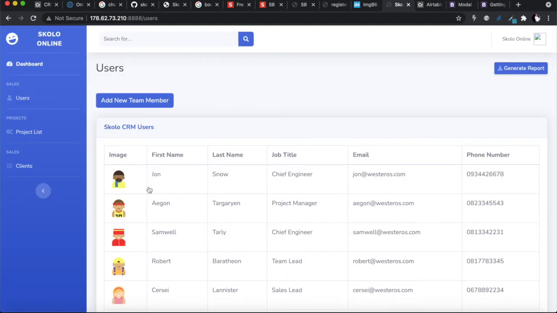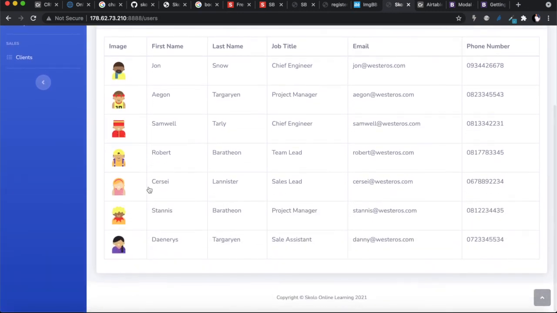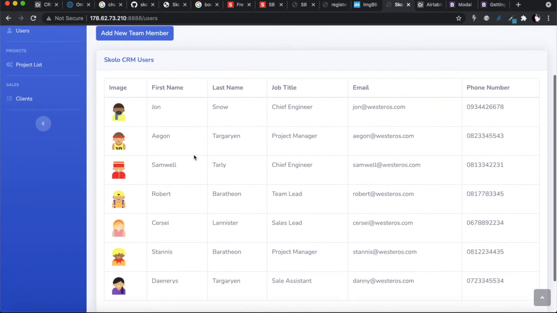It takes a bit of time, and that's my irritation with Airtable. Working with Airtable as an app backend is that it is extremely slow, because it has to go access the API. So if you were doing a production grade application, I would highly recommend against using Airtable as a backend. But if you're doing something like a CRM, and let's say your clients inside your organization really want to be able to visualize the data in Airtable, I suppose you can do that. But just keep in mind that a lot of the requests take a bit of time to process, and once you start getting more complicated,